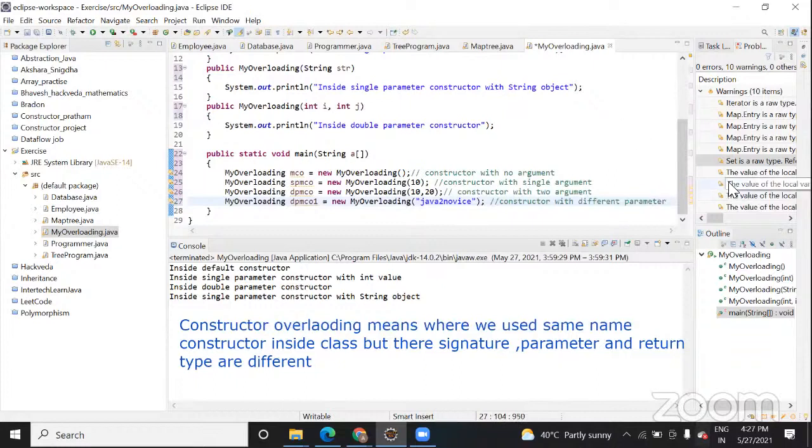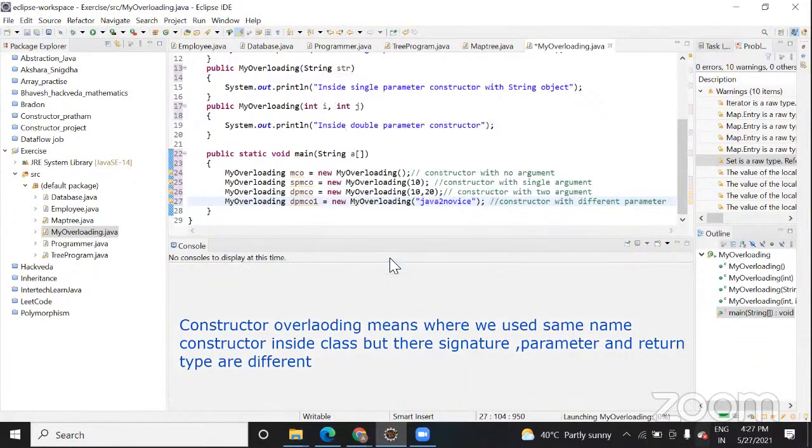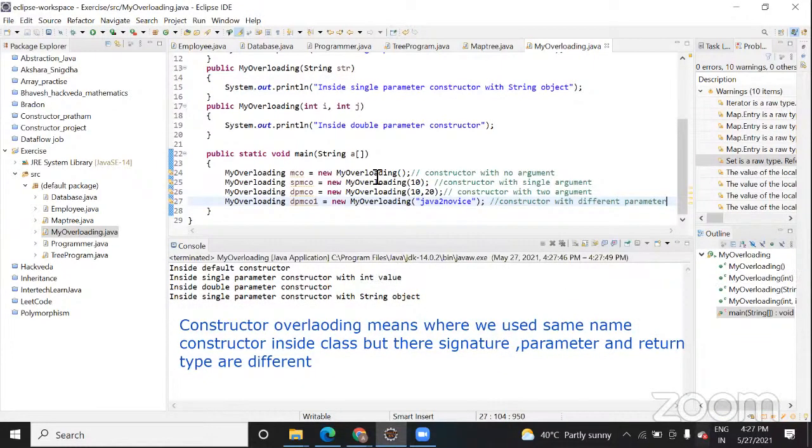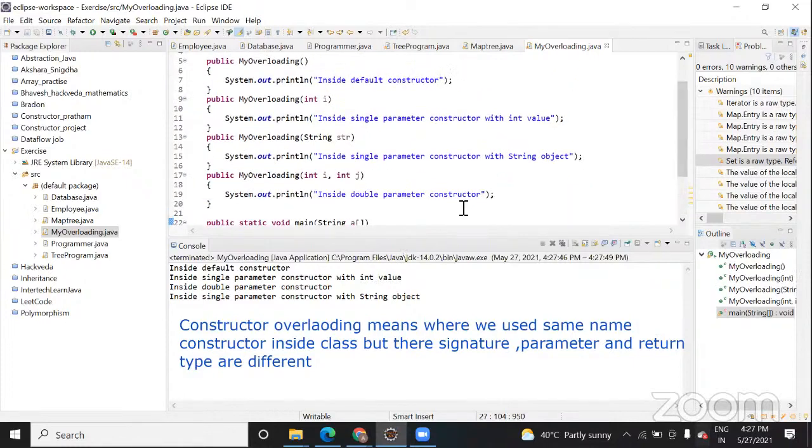So now when I run it, it will give this output. Let me run this first and then I will make it clear. Based on whatever parameters you pass, it will call the matching constructor and perform whatever operation we want inside it. Now a question might be coming to your mind: we were not initializing any value here, so why are we using it? A constructor is used to initialize a value. That is one advantage, but it also makes your task easier and optimized.